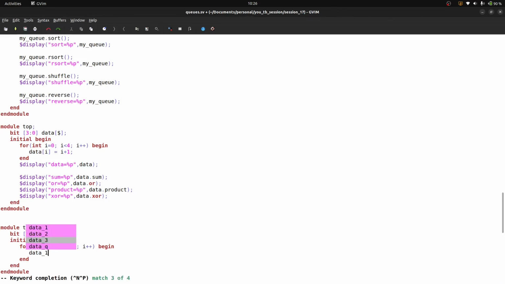Data Q of i is equal to i plus 1 simply.